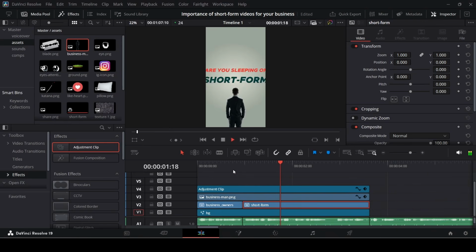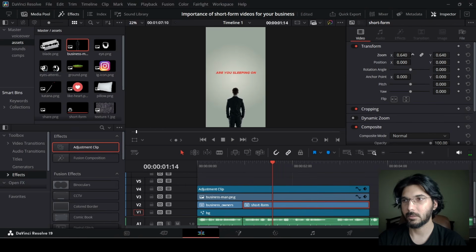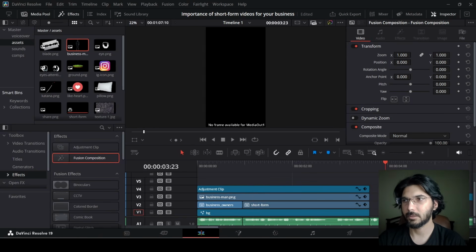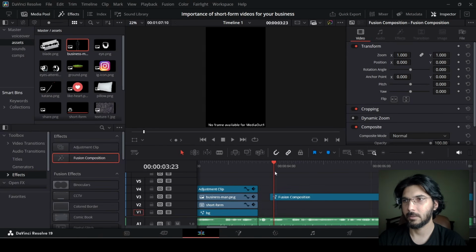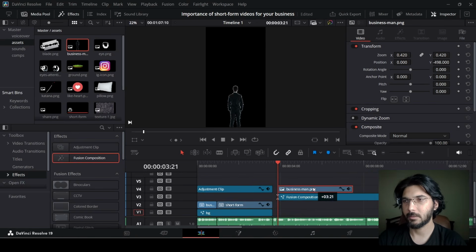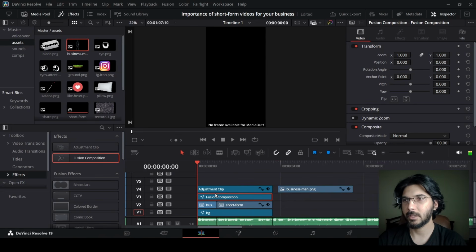Owners, are you sleeping on short form videos? So here you can see this is how it looks like. Now what you can do is just simply resize this, and that's it. Resize it from this compound clip. So let's add in this fusion composition. And this image right here, I'm just going to resize this fusion composition according to this image, and I'm going to use this fusion composition now to add the